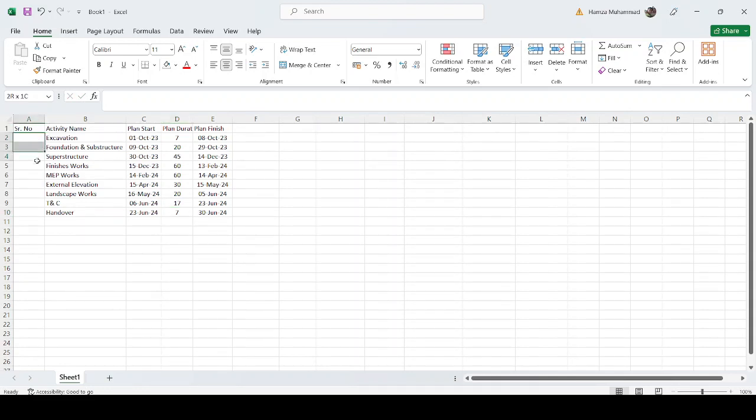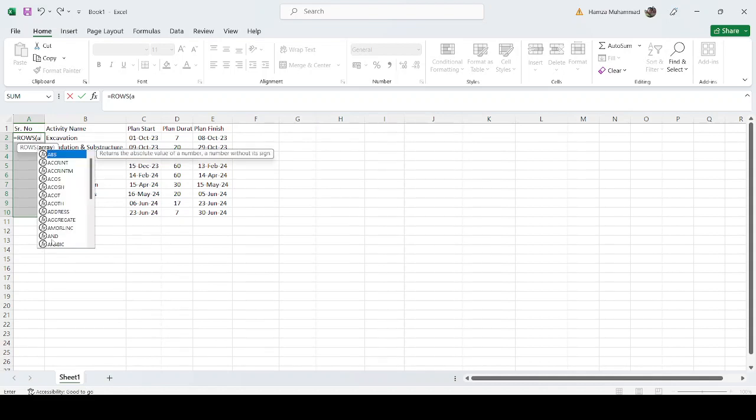Now this is our serial number. Serial number, as I explained before, it is better to use the ROWS function. In the ROWS function, it is automatically computed by itself, and if you insert and delete rows in between, the serial number will remain adjusted. So no need to bother about these small issues. Just make it automatic using the